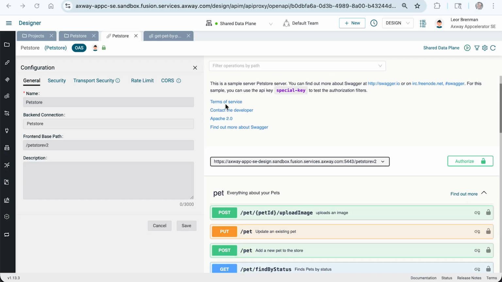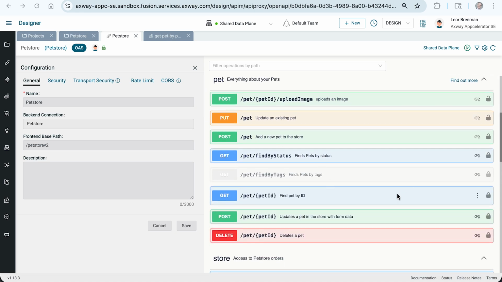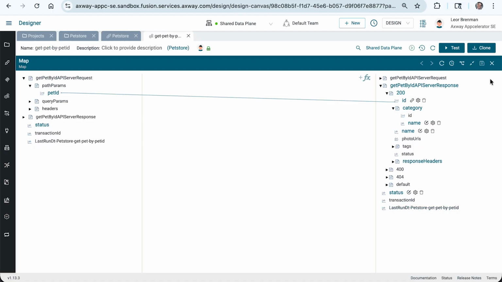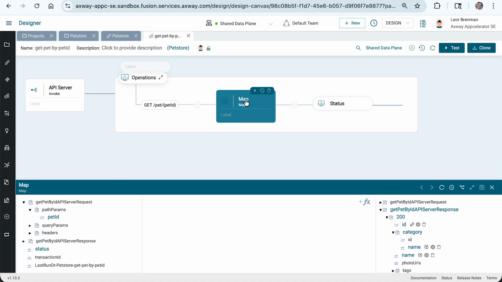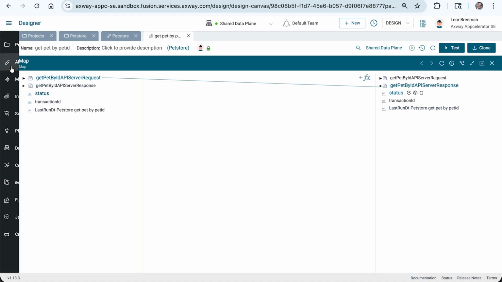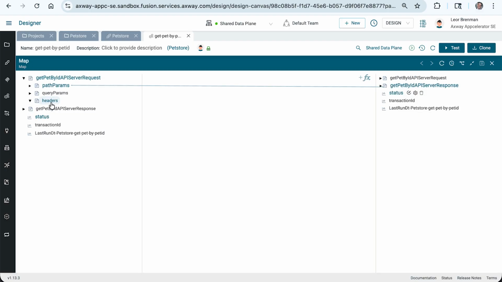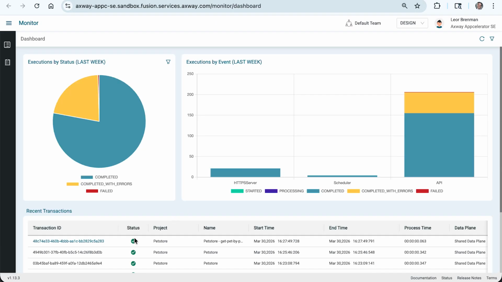So that's where I took the petstore API and I overrode its proxy. It's a proxy, but on this one method, petbyPetID, I did a method override where I actually did an implementation. And if I look at the integration here and I look at the map component, I see that if I look at the headers, I don't have any headers here that I can actually grab and use as part of my integration. But if I look in the monitor and take a look at a transaction of that get-pet-by-petid, and